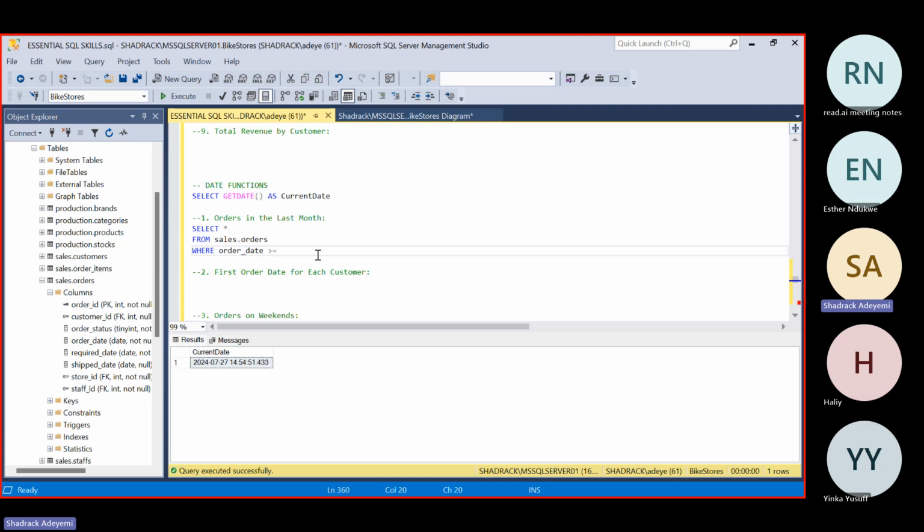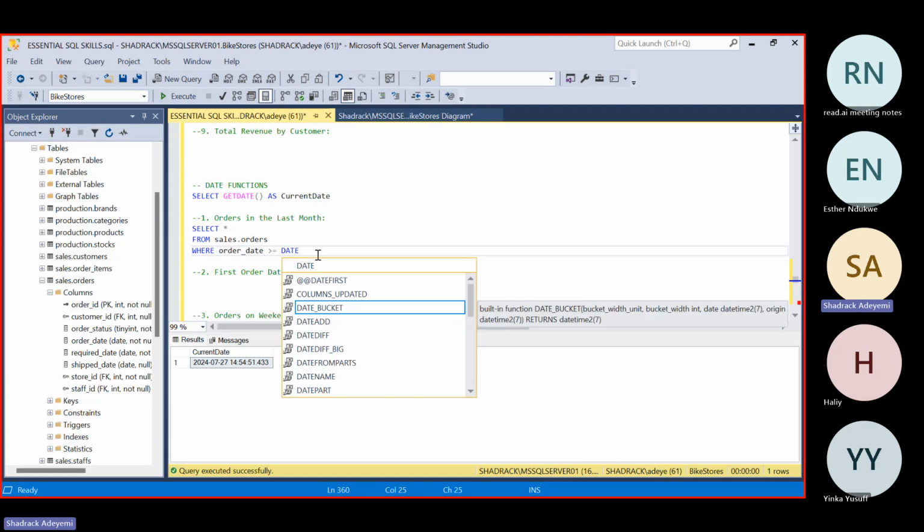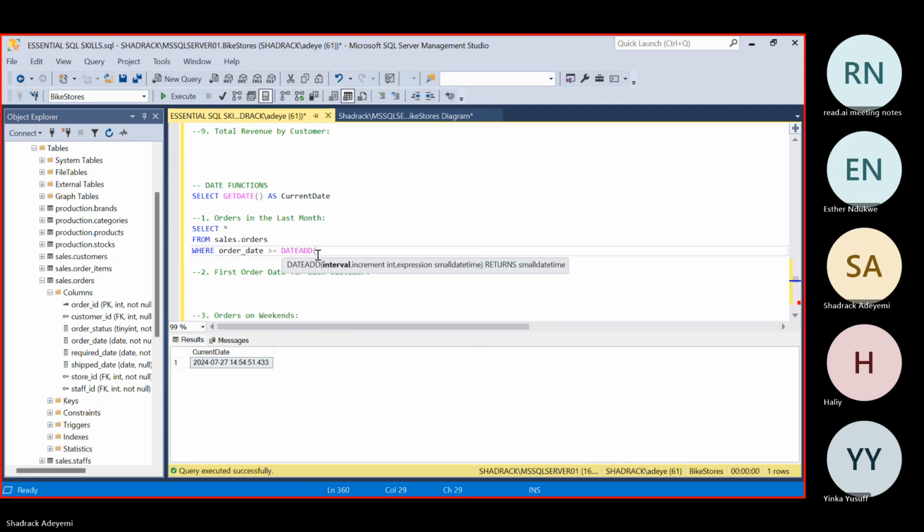For us to specify that, we're going to introduce a new function, which is DATEADD, which I think I did mention earlier. If you look at the information that's popping up on your screen, DATEADD takes in an interval, an incremental value, and an expression. The interval in this case is month, because we want to know the months.